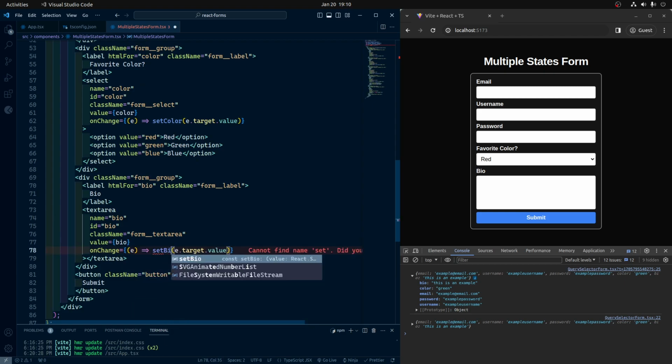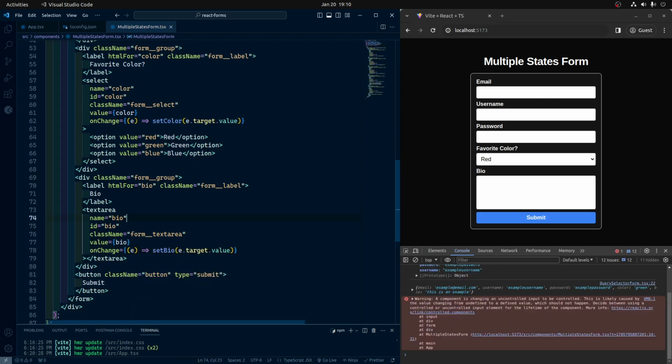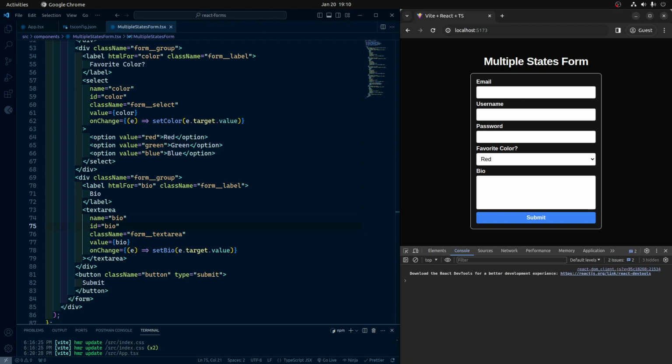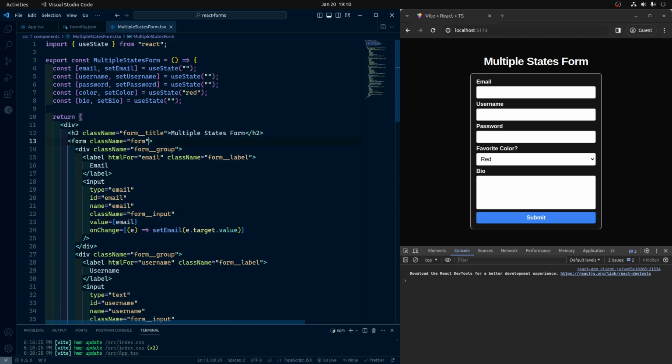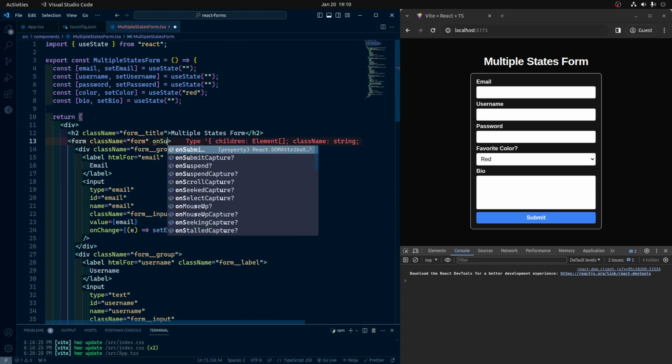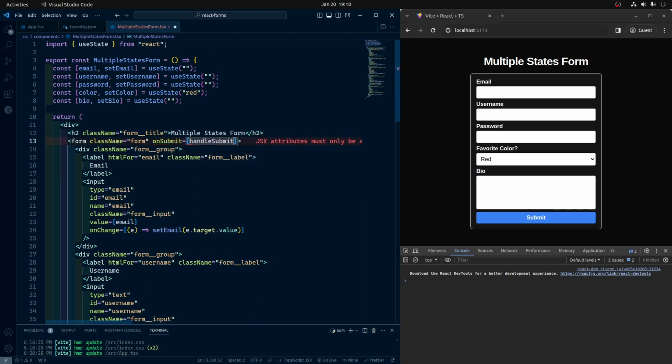Okay, so now we have a, what's going on here? Let's refresh, see if something's wrong. Okay, it looks fine. So now on our submit handler, again, we'll create an onSubmit, handleSubmit, and